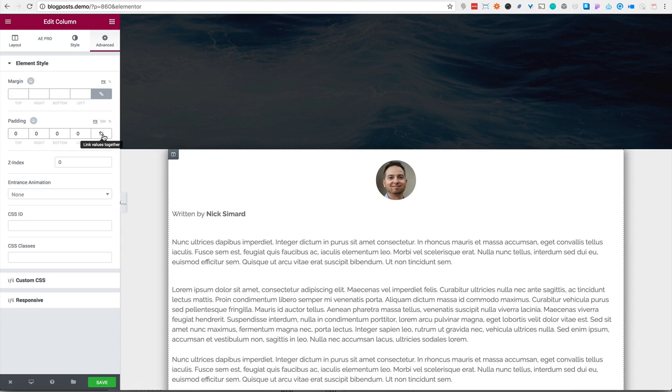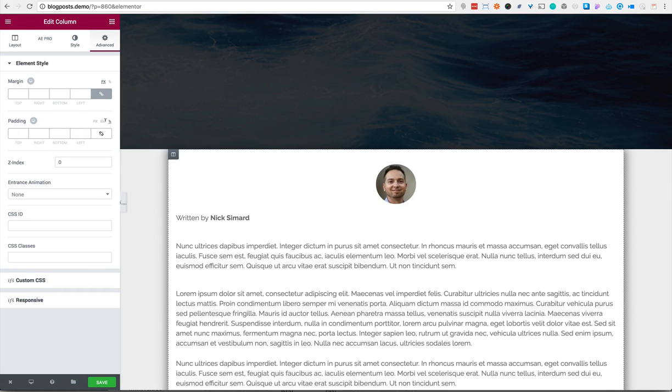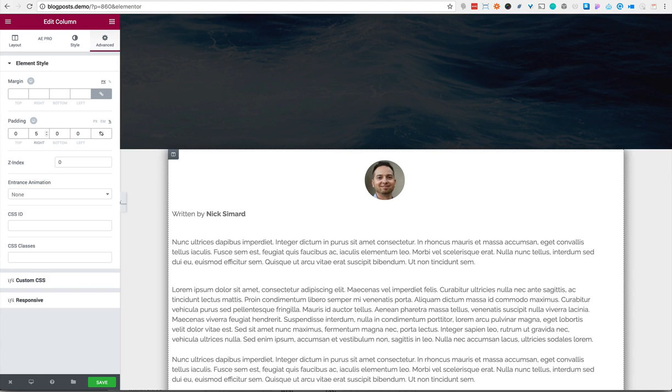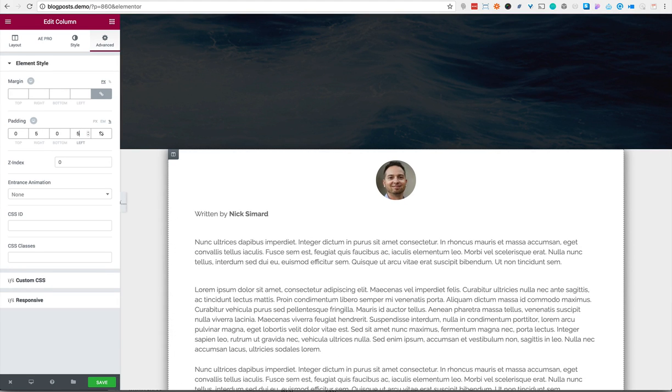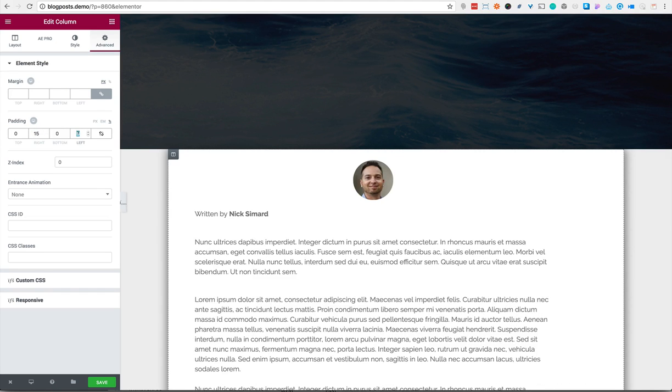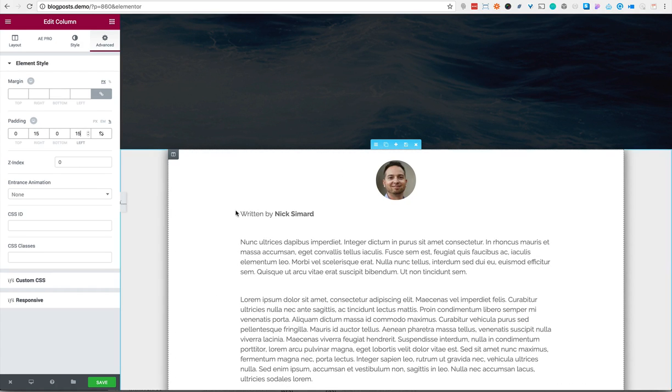Okay, so this column needs a little more breathing space on the left and right. So I'm going to change to percentage, and we'll do, let's try 5 and 5. No, it's not going to be quite enough. Let's go 15, 15. Okay, that looks better. And we'll center this